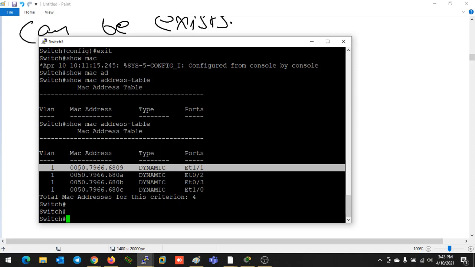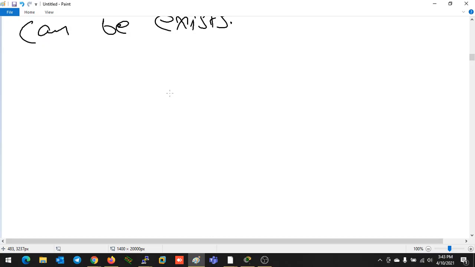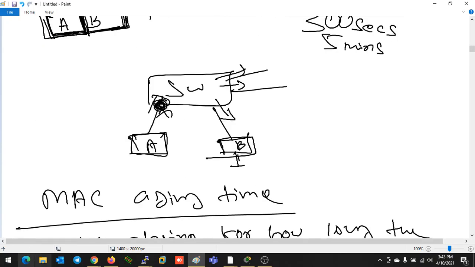But in between 600 seconds, if the device is doing any kind of communication again, if the communication message is coming to the switch, the timer will reset. For example, in this scenario, A is sending some data to the switch. So the switch is making an entry for A in the MAC address table for port number 1.